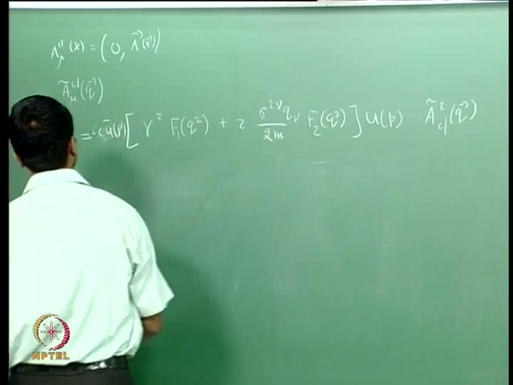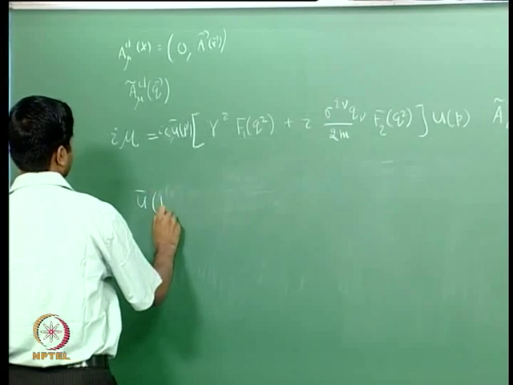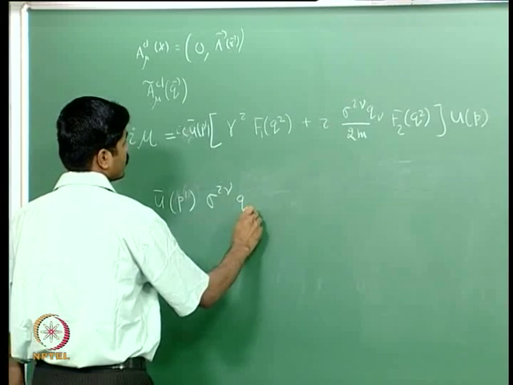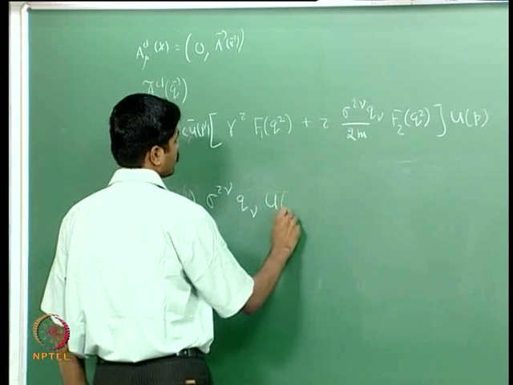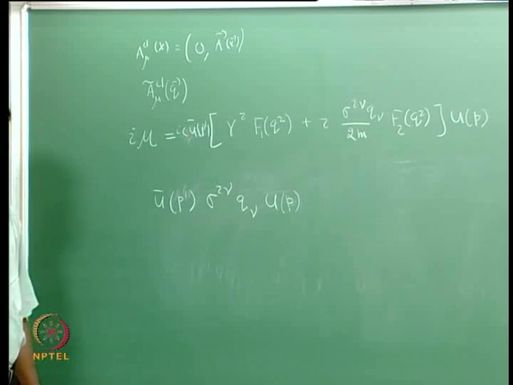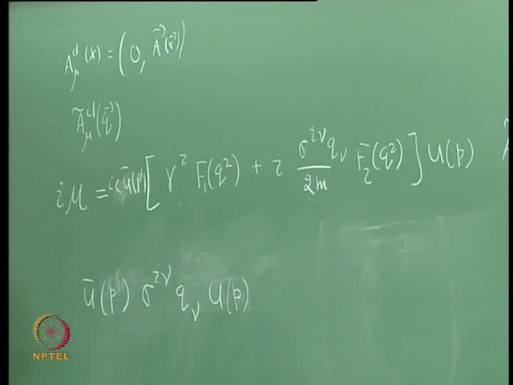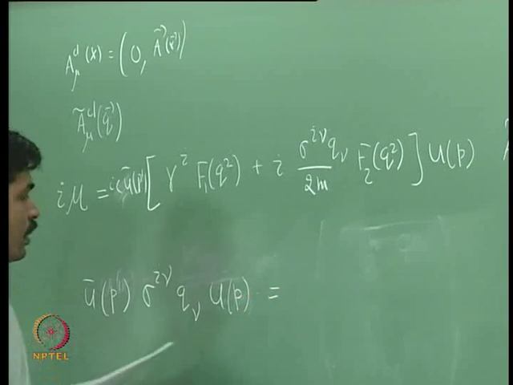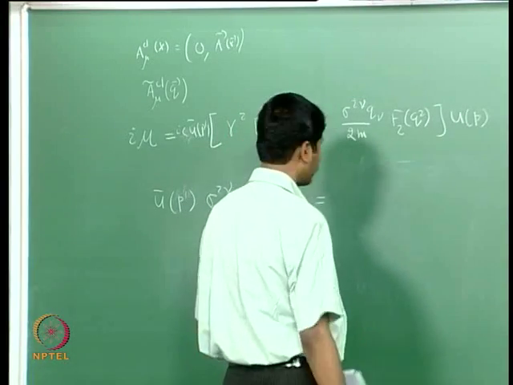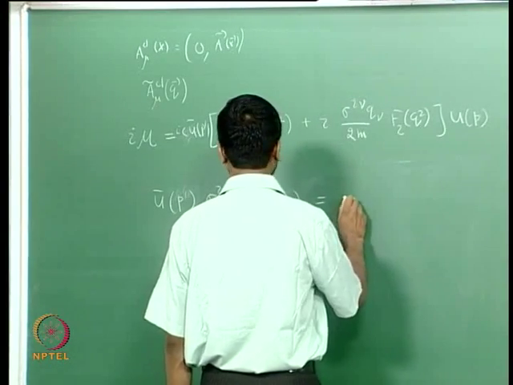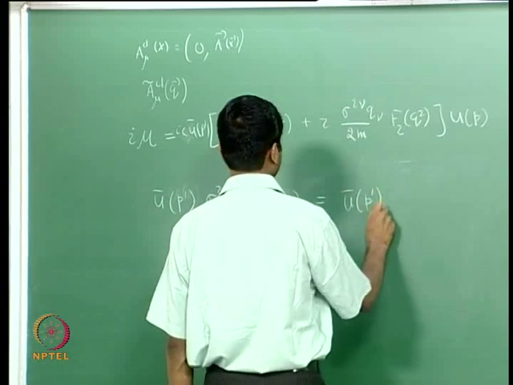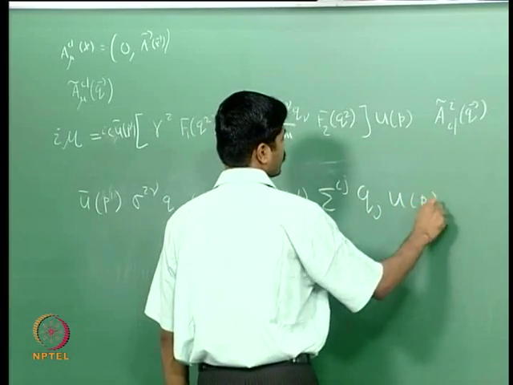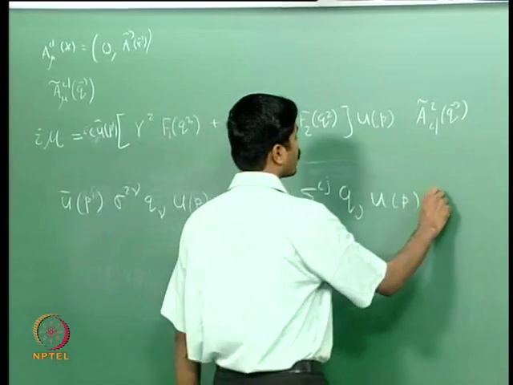It just involves u bar p prime sigma i nu q nu u of p. This is what we need to evaluate. So, again I will look at only terms which are linear in q j. So, that will tell me that this is u bar of p prime sigma i j q j u of p plus all other terms,